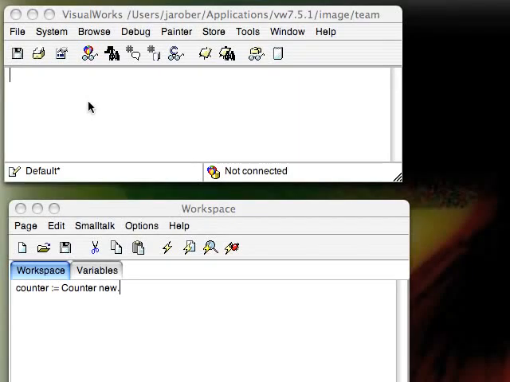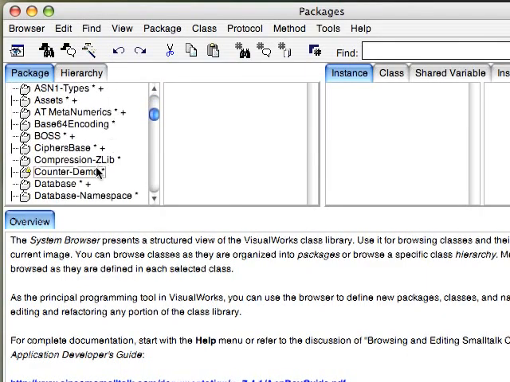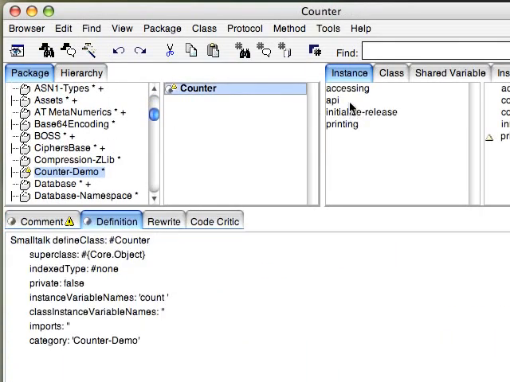This morning we're going to take a look at how debugging works in Smalltalk and differentiate it from the dead wood debugging that exists in most environments. So let's start by going to the browser, and we'll go back to the package we were working on the other day, this counter demo thing, and you'll